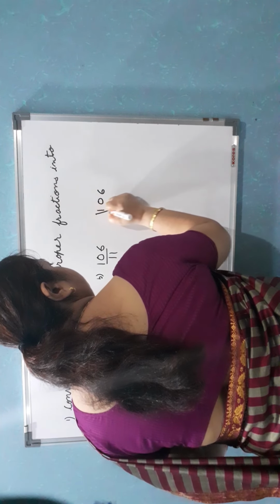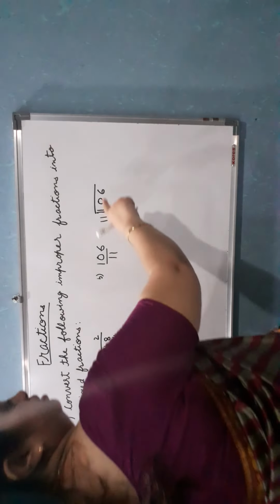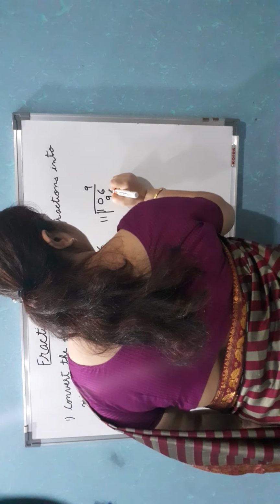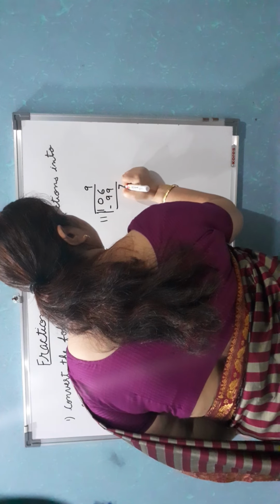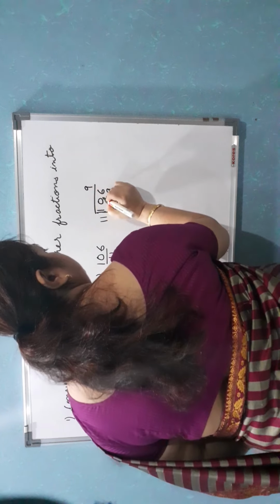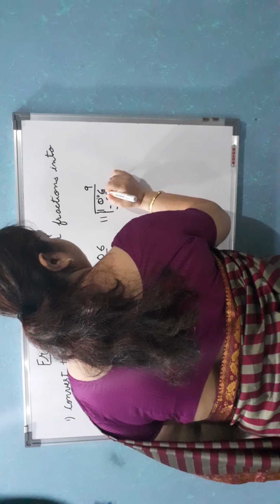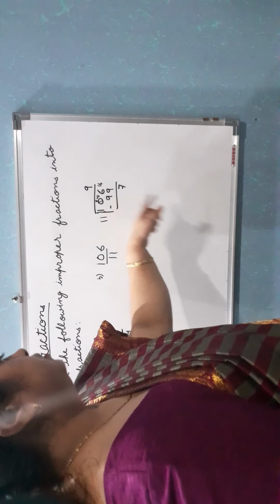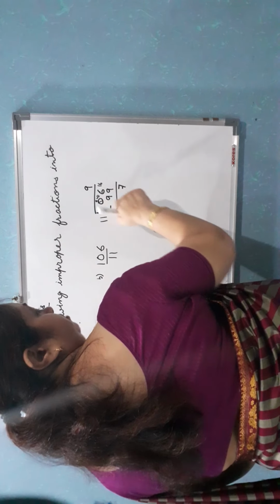You just divide it. So 11 9s are 99. Just subtract it. 106 minus 99: 6 minus 9, you borrow here. This will be 10. This will then again borrow. This will be 16 and this will ultimately be 9 here. 16 minus 9 is 7 and 9 minus 9 is 0.